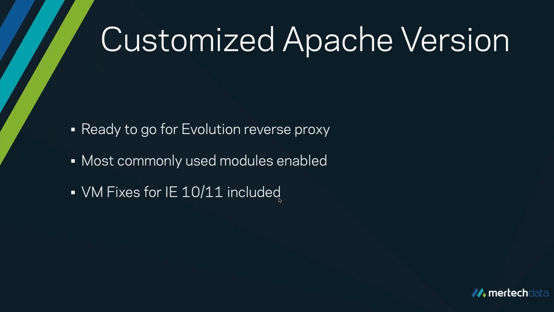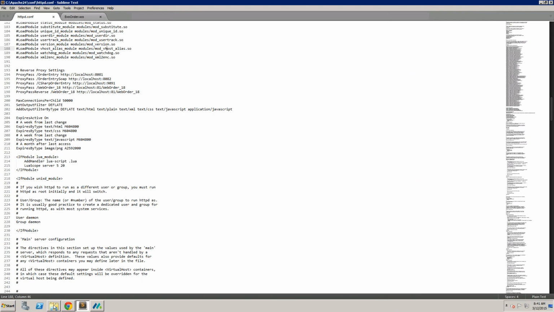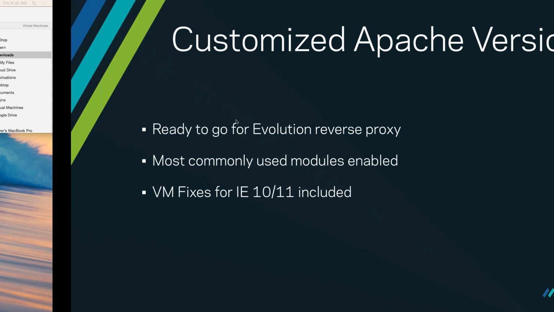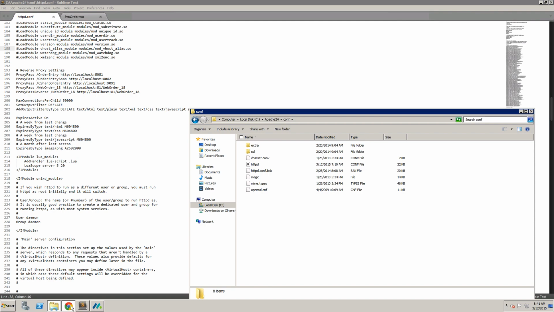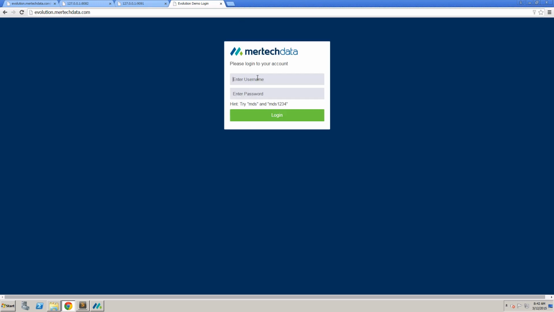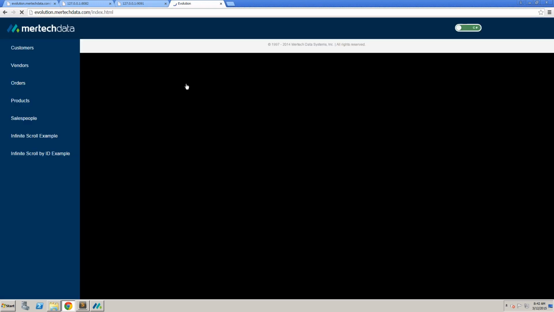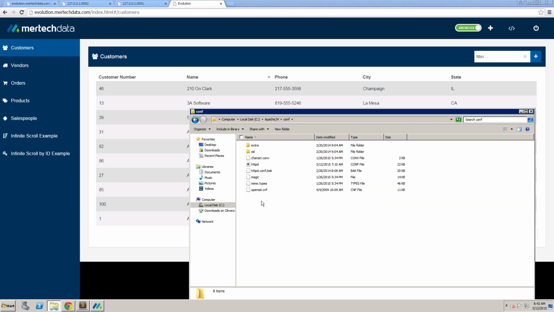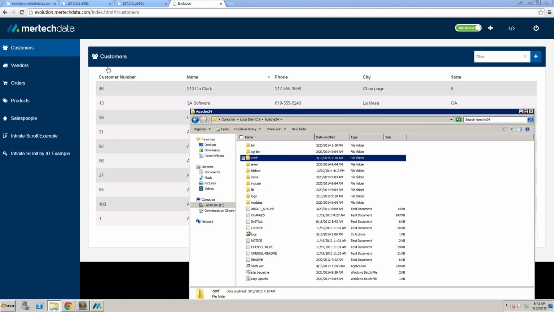So there are various things like that that have been customized with the Apache install, and we've documented those things in the configuration file where we made those tweaks. But essentially, the Apache install is a very vanilla version of it. And so, for instance, if I go look at our demo that we've shown so many times, this is all running through Apache right here. And essentially the way we've got this set up is this is a single page application,